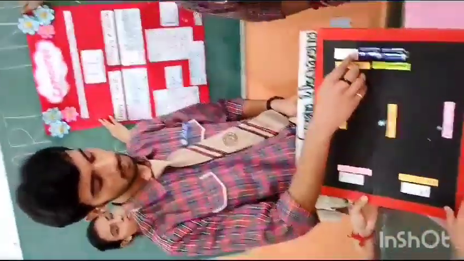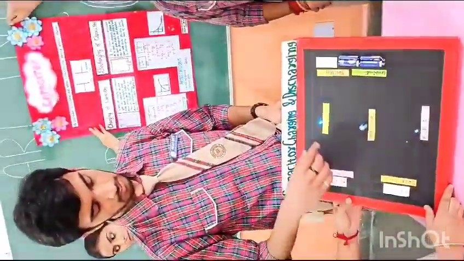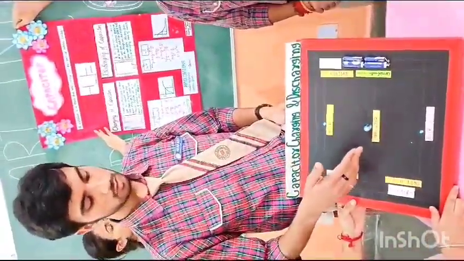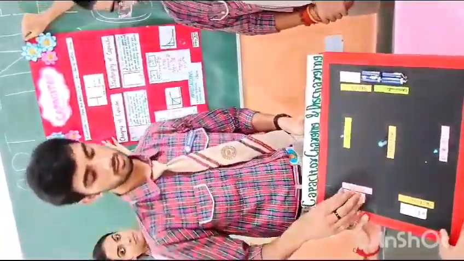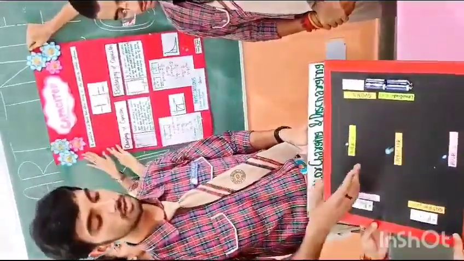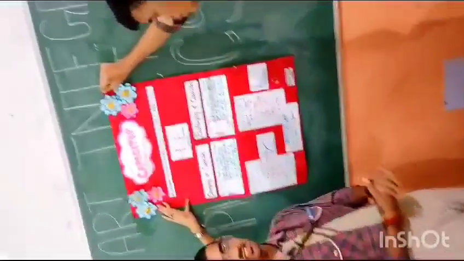Here you can see that in this circuit we haven't provided any external voltage. So whenever we turn on the switch, the bulb will start glowing due to the charge which was present in the capacitor, which was charged previously. So this shows the charging and discharging of capacitor. Here you have seen the working of the charging and discharging of capacitor.